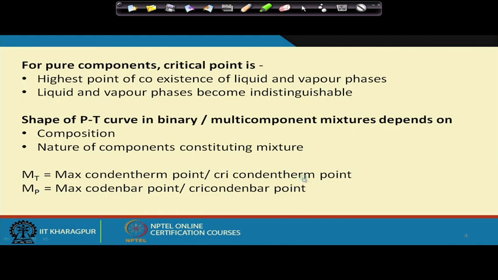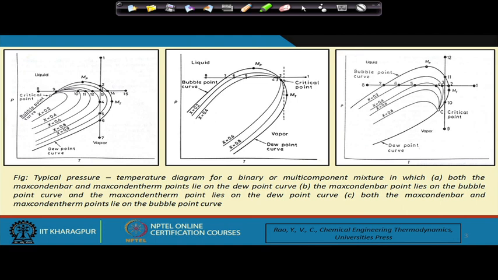So, unlike single components, the bubble point curve and the dew point curve intersect at the critical point. For single components, the bubble point curve and the dew point curve are the same, and therefore the